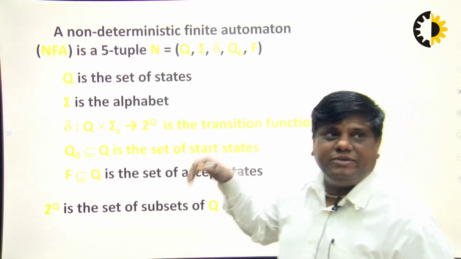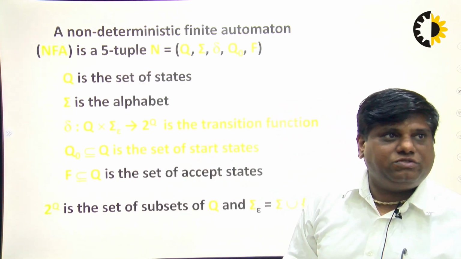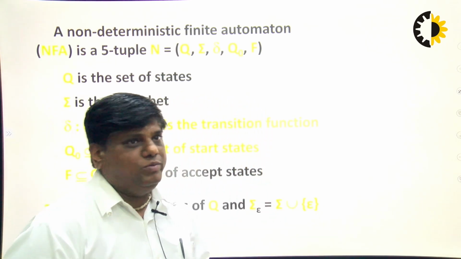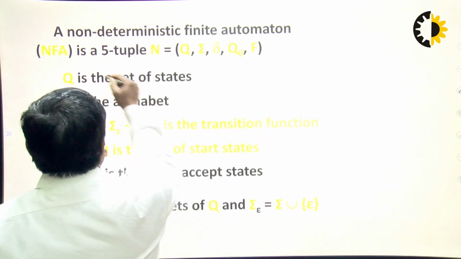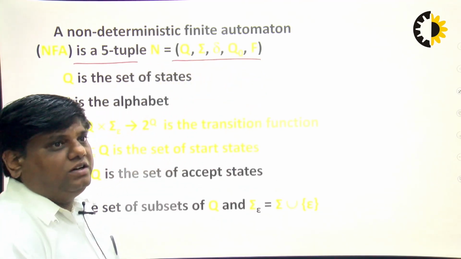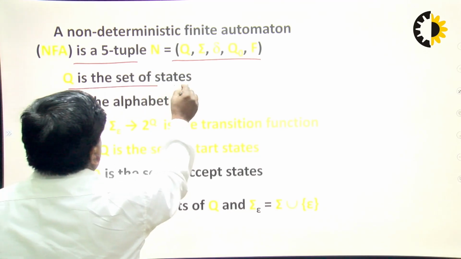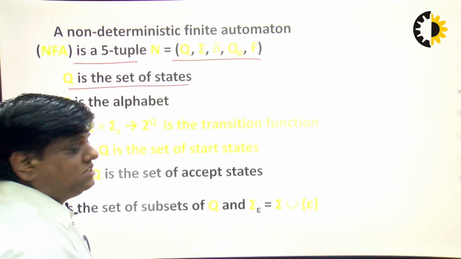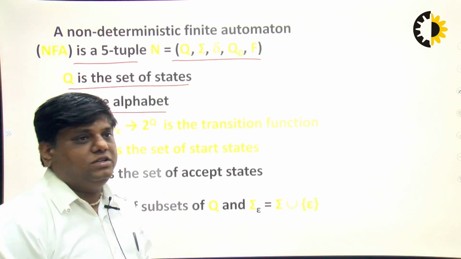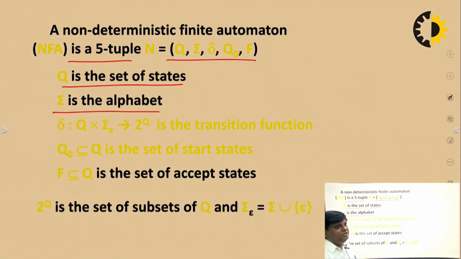Now, this is the mathematical definition of the non-deterministic finite automata. In mathematical form, the non-deterministic finite automata is represented as a 5-tuple. Q is a set of states. Sigma is a set of alphabets. It may be a, b or it may be 0, 1. Now, that is the transition function. This one is most important because